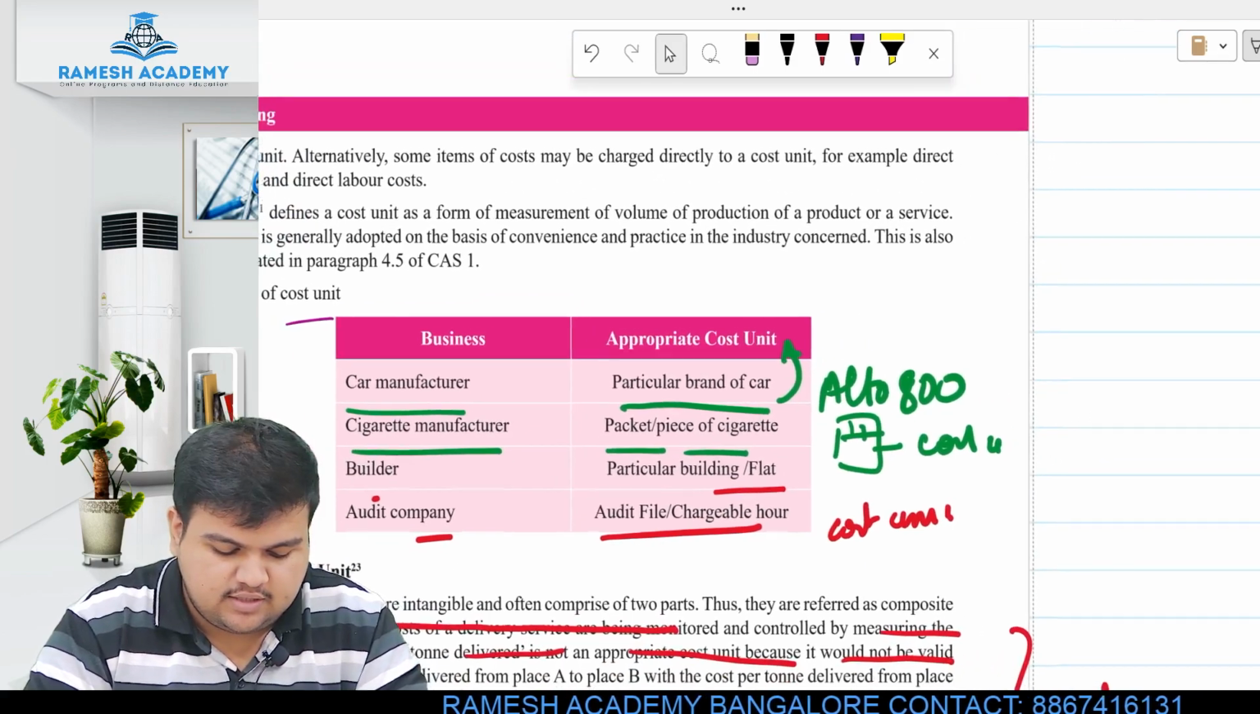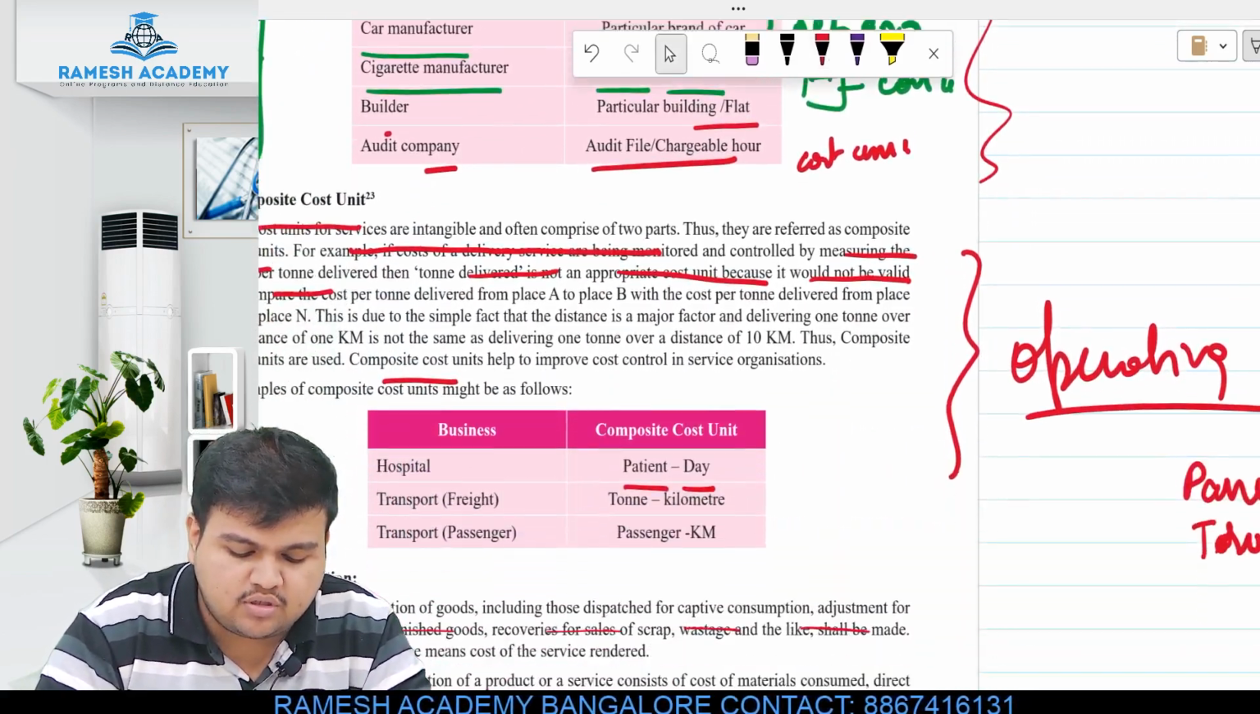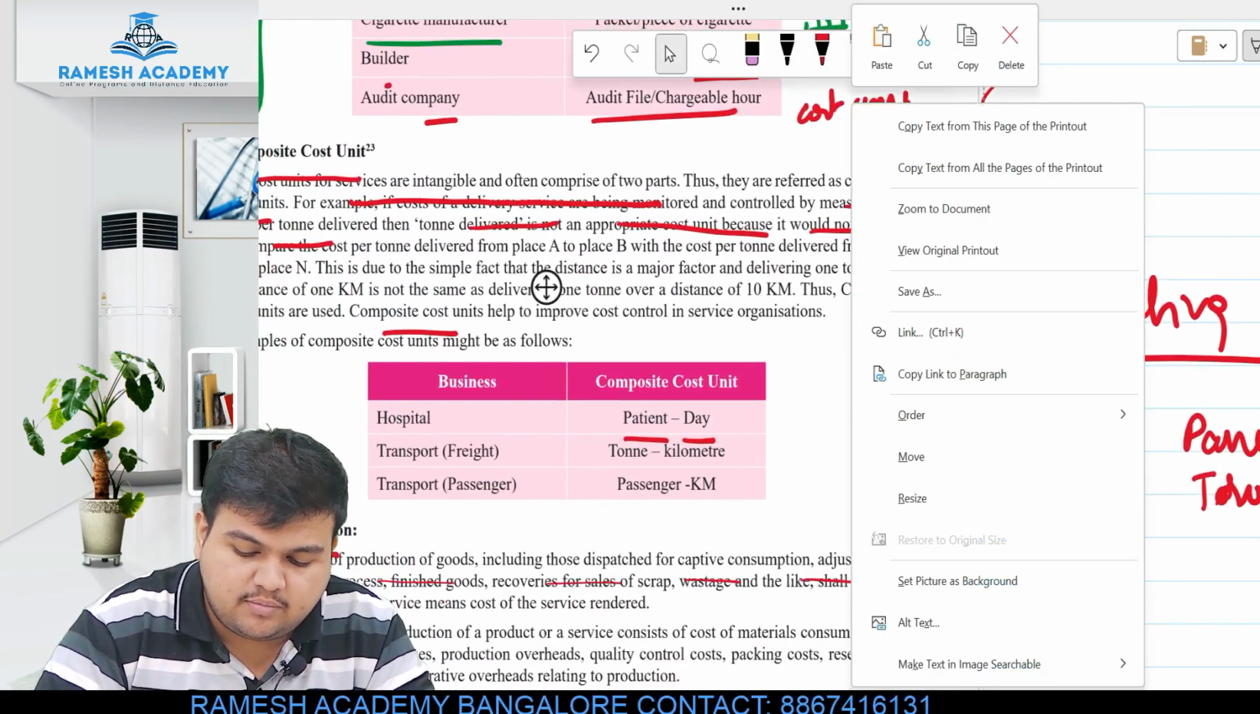Then composite cost unit. So this is the manufacturing industry, but when you come to the service industry, when you come to the service industry,